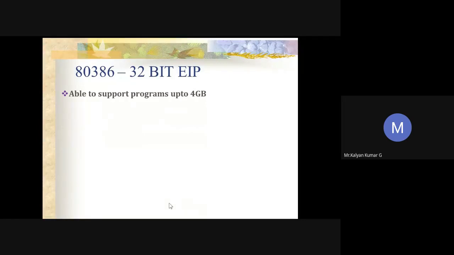And we have something called the 32-bit EIP. You know what EIP is: the instruction at the instruction pointer. If you have noticed, the instruction pointer of 8086 and 80286 can support only program segments of 64 KB. But in this case, the extended EIP register is able to support programs up to 4 GB. So that is the difference. Main thing you have to make a note of. And the CS register enables larger programs, and its content can be changed under program control. So that's one difference which I want to specify.